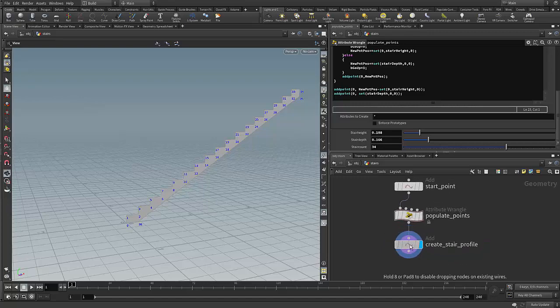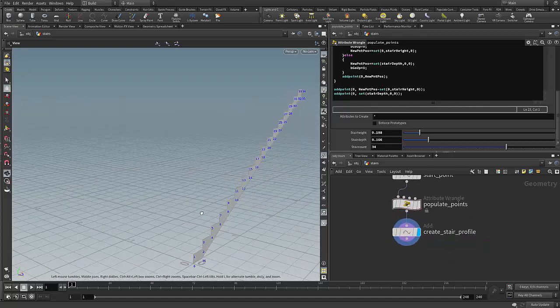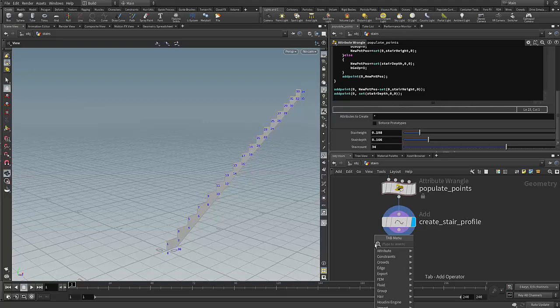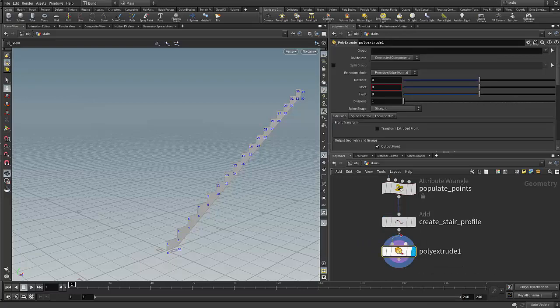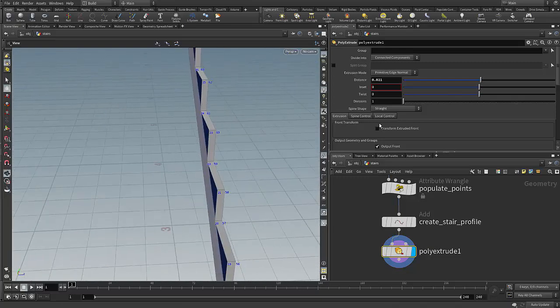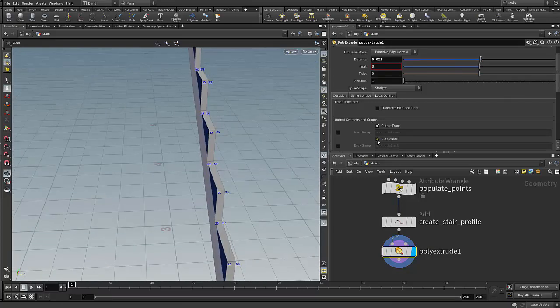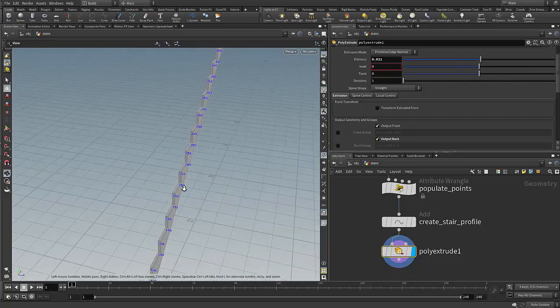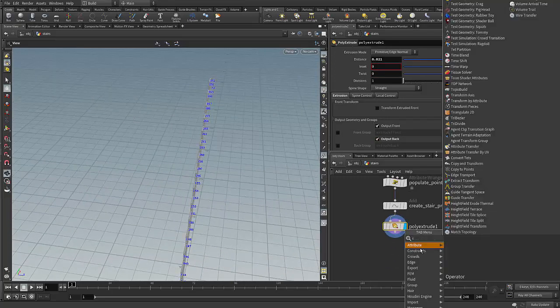All right, so once that is done, then we need to give it some thickness. So I guess what we can do is create an extrude node, poly extrude. Okay, and we can extrude the faces outwards. It doesn't really create the back face in the default settings. You need to go ahead and say output the back face. All right, and then another